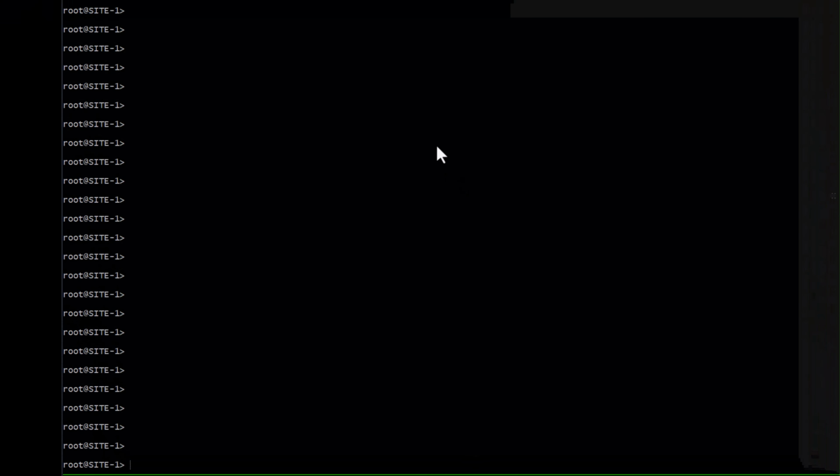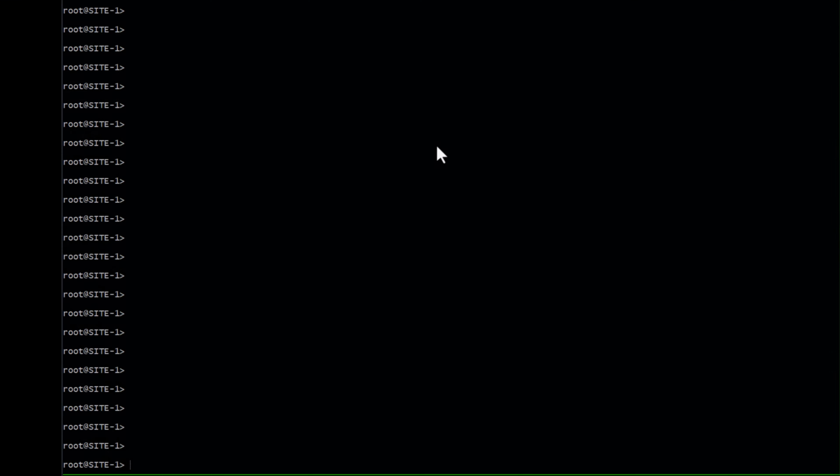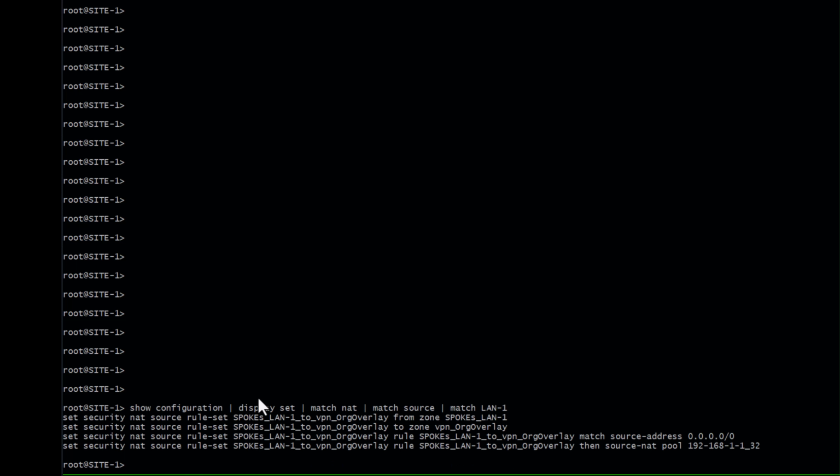Okay, so now that we have added our application policy and configured the steering profile on the spokes 1H template and the hub profile, config has been pushed to the device. We can go ahead and check what's the config for the source NAT and the policy that has been applied on this device. So here we are on site 1,